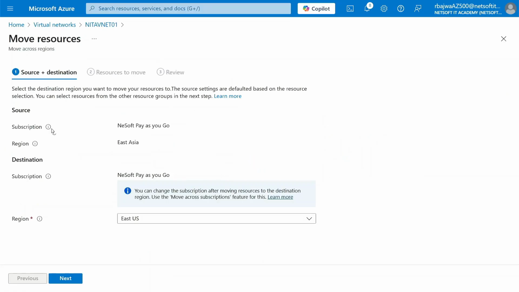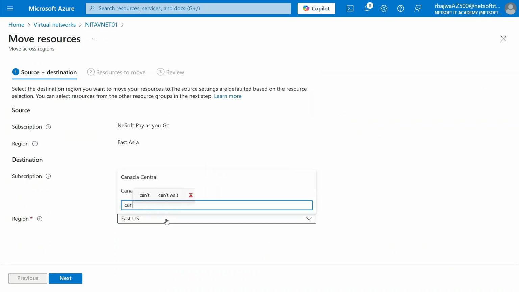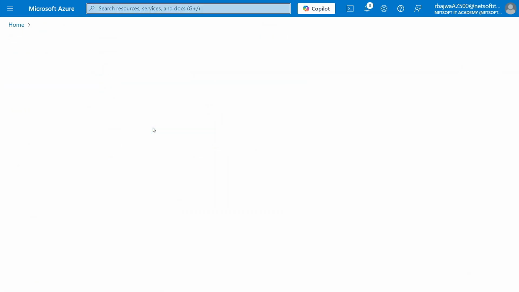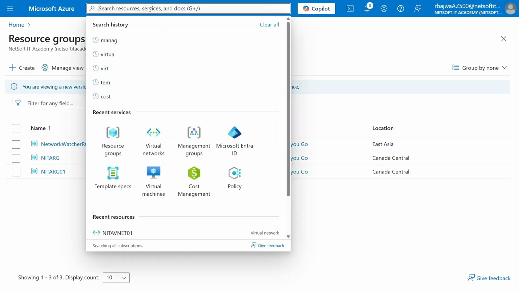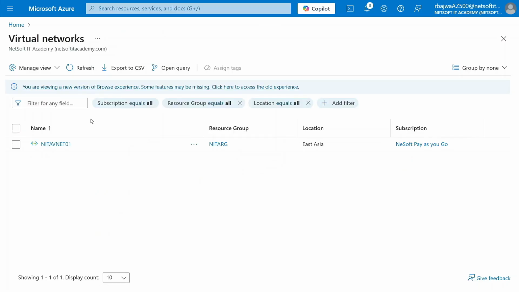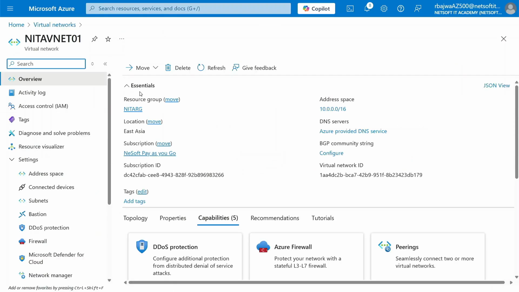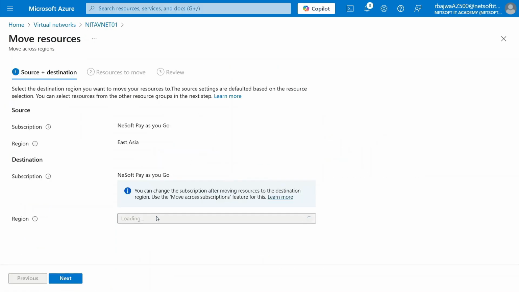Okay. So subscription is this, region is East Asia. I don't want this region. I want to go back to Canada Central. Why? Because I can show you my resource group. My resource group is in Canada Central. I'm talking about this one, which I created new. So I will move it there. So I'll move it to